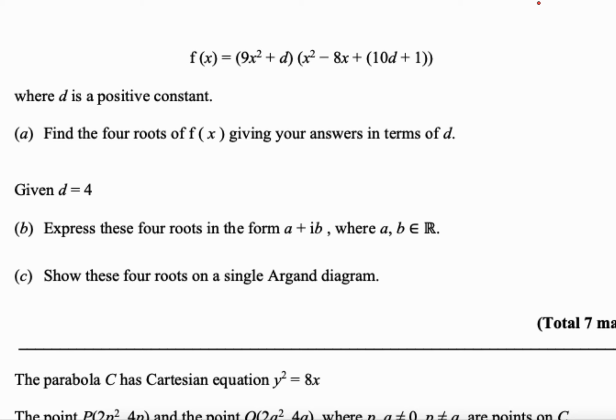Finish your discussion and I'll explain how to do it. It's good discussion. Right, so given that you're looking for roots, you want to find out when this is 0, so that's either when this is 0 or when that is 0. So when is this 0? When x squared is minus d over 9, so x1 is the square root of minus d